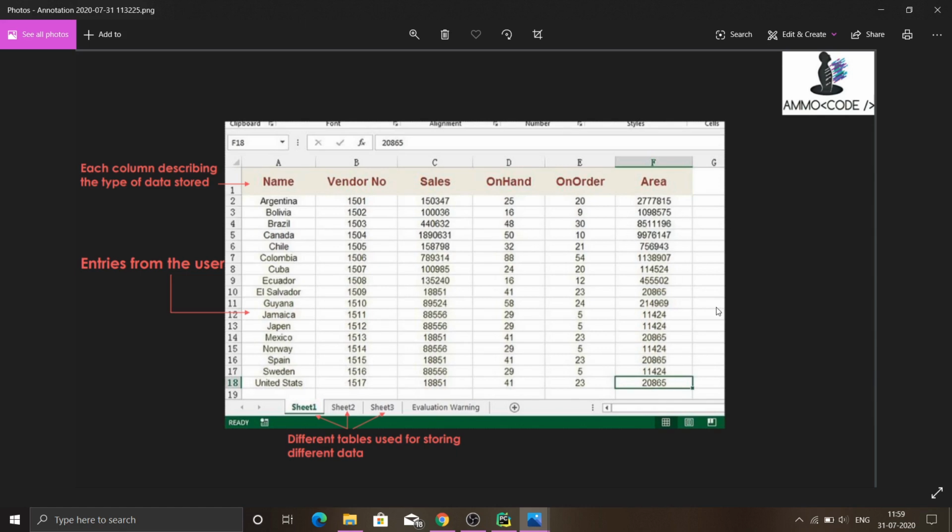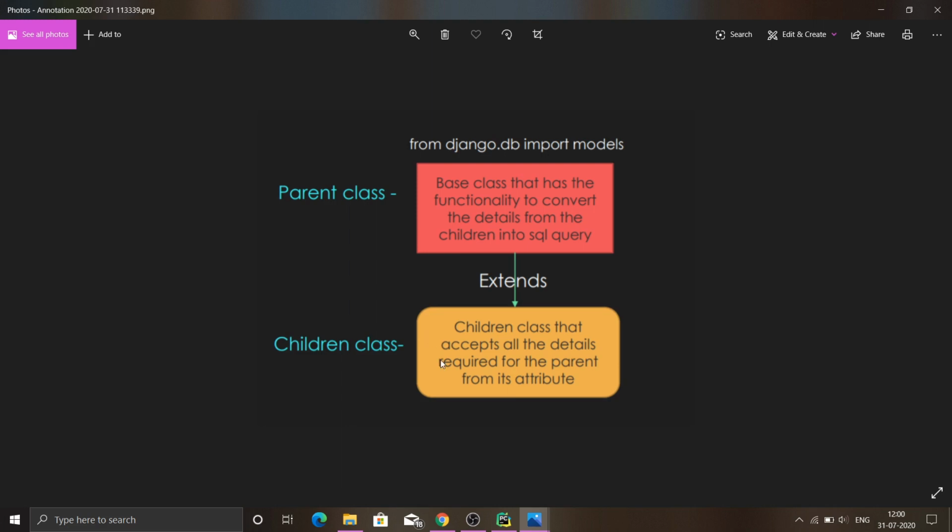And likewise, we are going to provide the information of which type of data is going to be stored in our database, and what's the name of each field in the database in our children class. That's why we are extending this parent class into our children class. In that children class, we will be providing all the necessary information for our table. So in this video, let's create our post model to store all the information about the post that user creates.